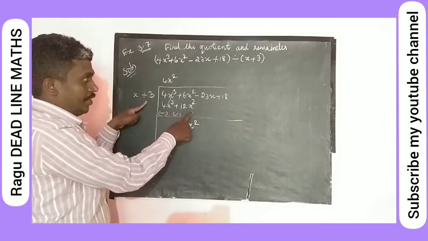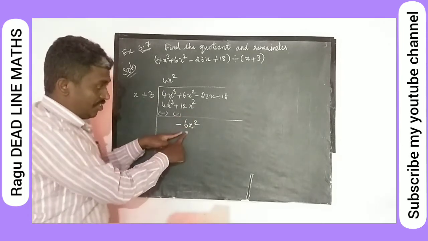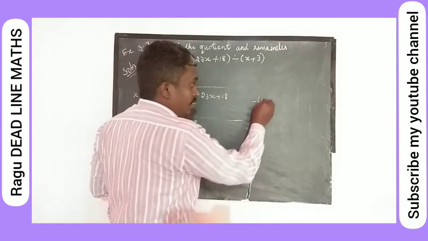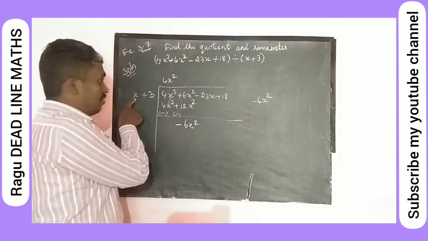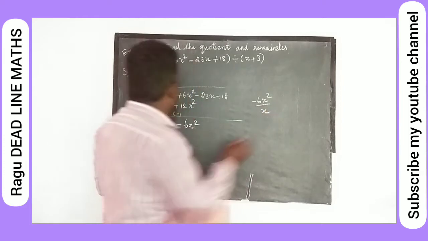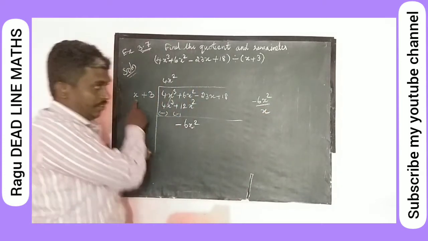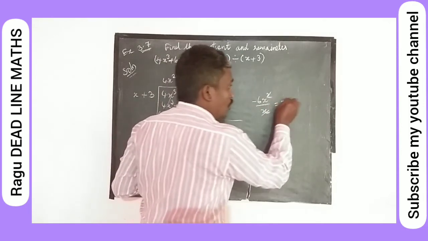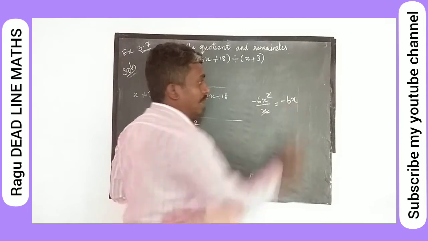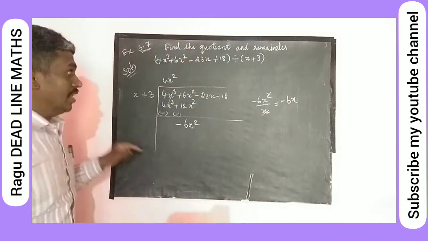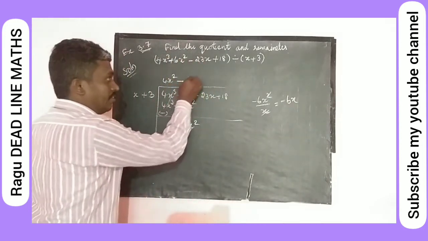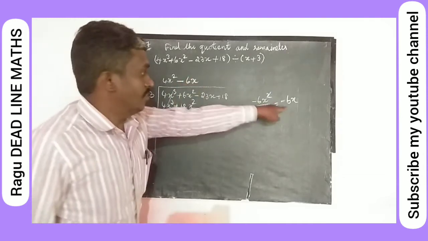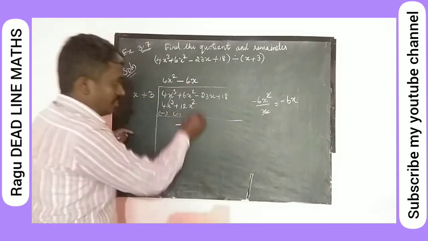So 12x square. Now you just see here, minus 6x square is there, and the first term is x. If you divide this, x is balanced and we get minus 6, so minus 6x. This minus 6x you will write here. Did you understand? The next term is minus